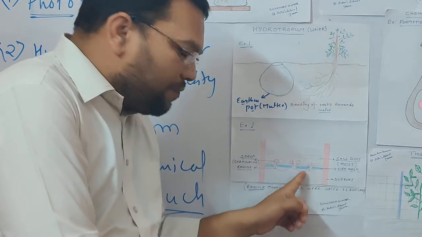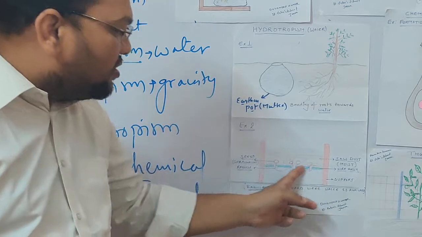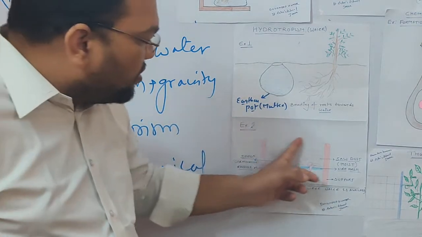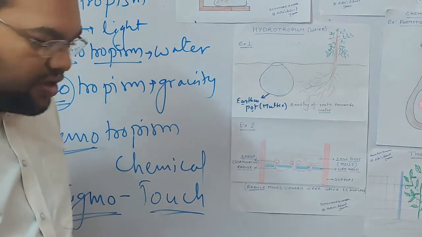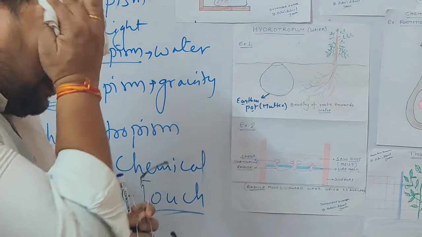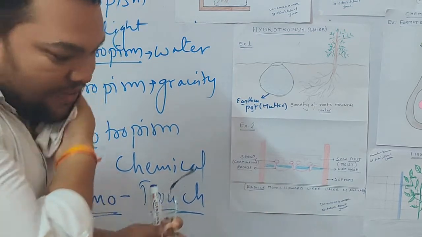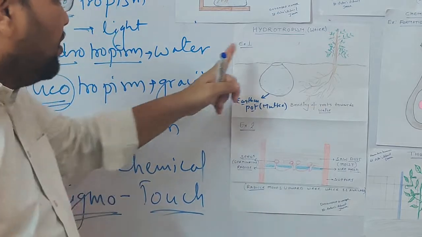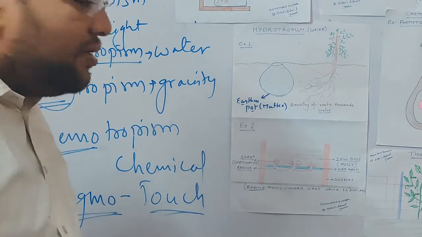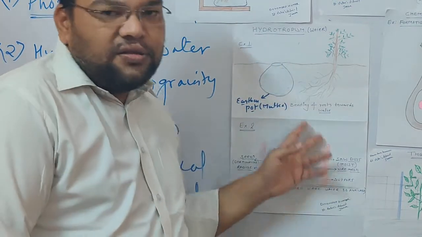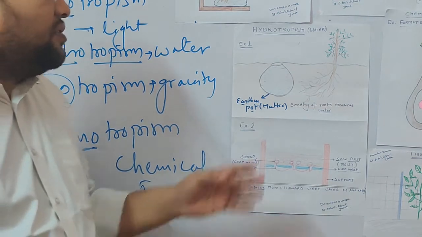You can see it here. Now why is it so? Because the water is present in this sawdust. We already moistened it, so the presence of water is there, and because of that, the radicle starts moving up. So those are the two cases, example 1 and example 2. You can write any one of these examples in the board exam if it is asked.